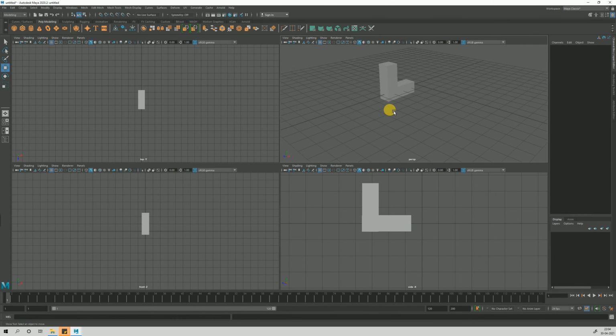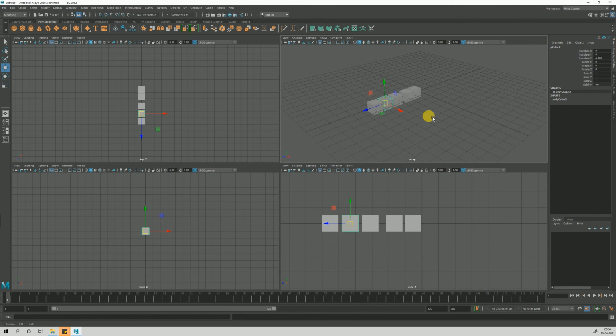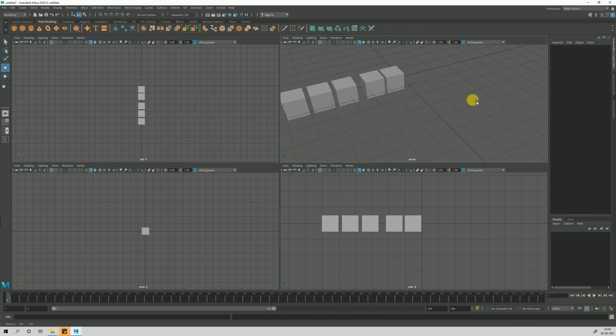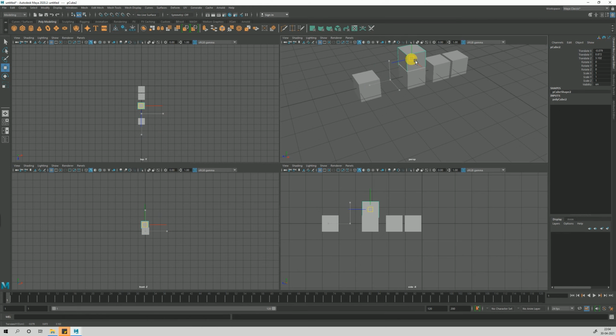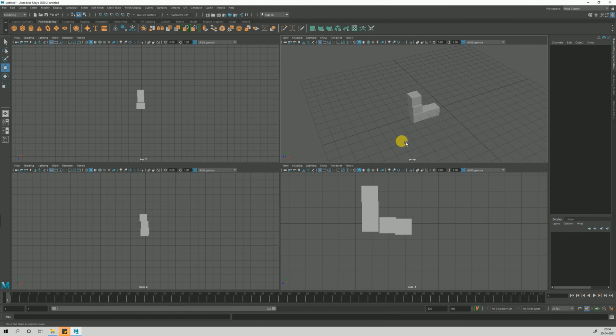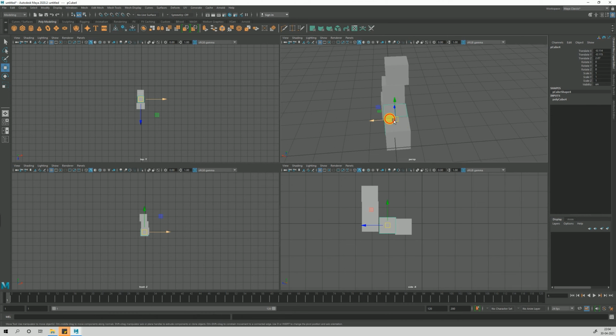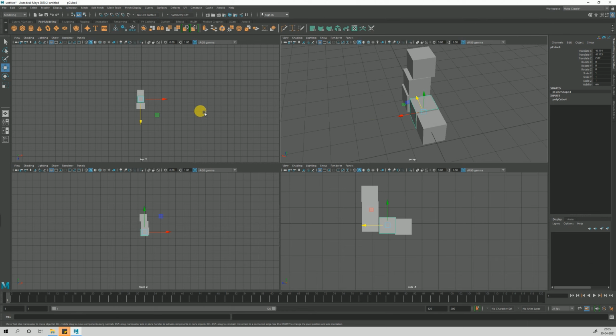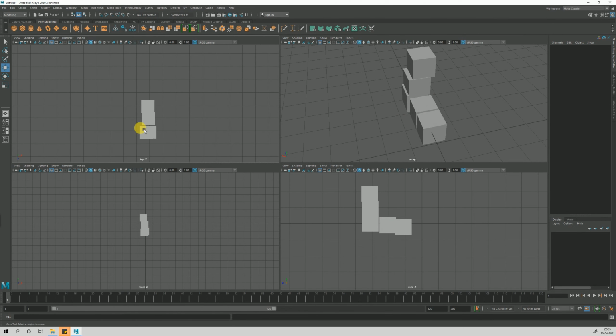What else if I have used the perspective view? Let's undo the process. If I do it in perspective, say you are in this view and you press it like this, and you go and press it like this, you place it like this. So now you can see this looks like an L, but it's pretty messed up. It's not properly aligned. This is how you can't manage this in the beginning, because you have to do it properly with the selected axis, and it gets confusing. You can see here from the top it's messed up.